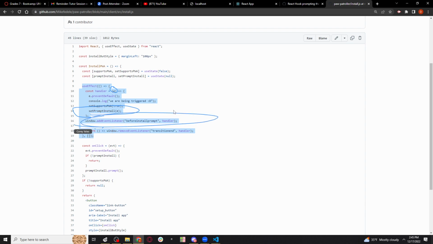And then it's got the window dot add event listener, which is still inside of use effect, right? Which is probably something I would have messed up. So I'm really glad I found this. And then they are returning an empty array or the window dot remove handler. Personally, I think that you can take all of it. What I think we should do is we should make the button its own component, and then